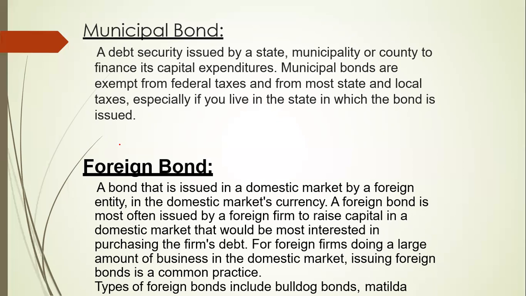Last one comes the foreign bond. This type of bond is issued in a domestic market by a foreign entity, in the domestic market's currency. A foreign bond is most often issued by a foreign firm to raise capital in a domestic market that would be most interested in purchasing the firm's debt. For foreign firms doing a large amount of business in the domestic market, issuing foreign bonds is a common practice. Types of foreign bonds include bulldog bonds and Matilda bonds. These are the famous foreign bonds, where a foreign entity issues bonds in the domestic country. So this is the end of the types of